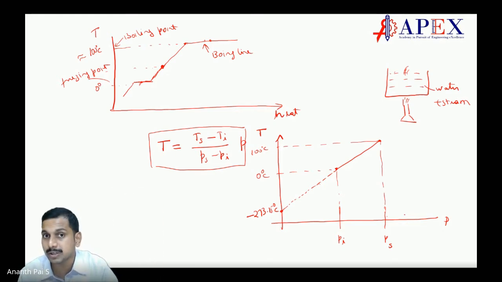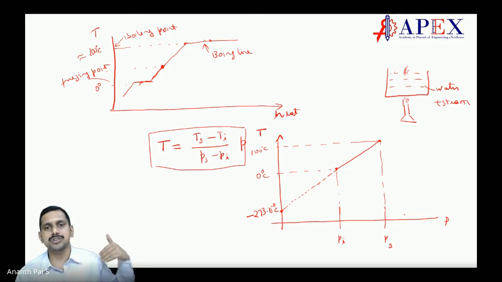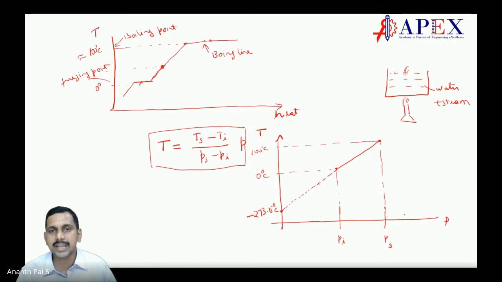Why irrespective of the gas being used? Because at low pressure and high temperatures, this behaves like an ideal gas. Low pressure is what matters, with temperatures of 0 and 100 degrees for a gas. When you have low pressure, Pi and Ps are small, say 0.1 atmosphere or 0.01 atmosphere, and then you take the pressures.